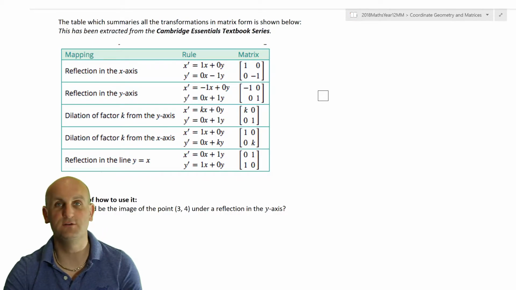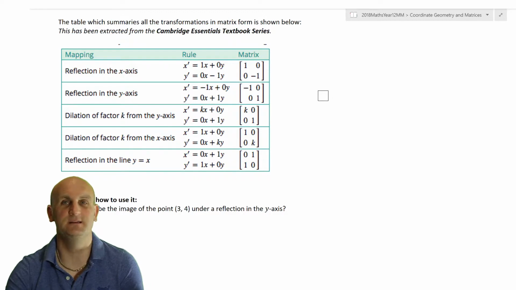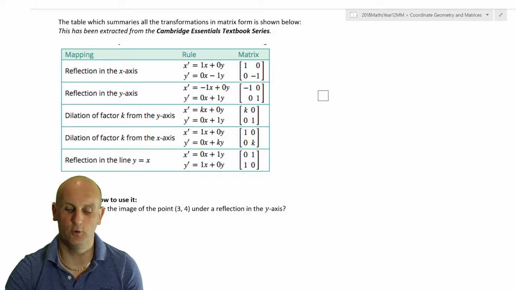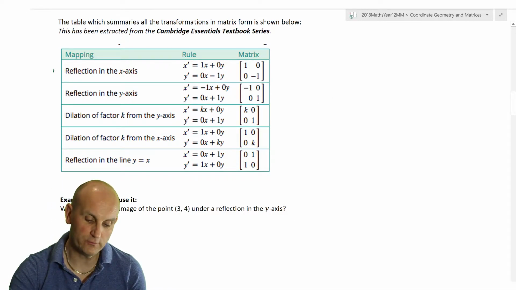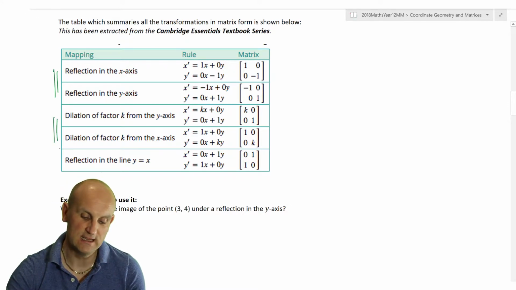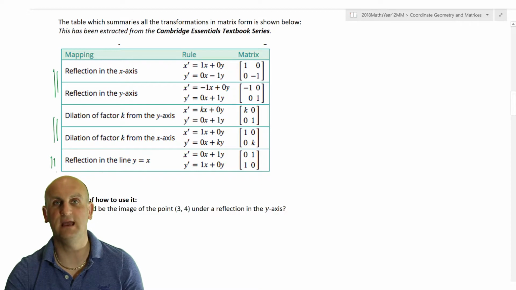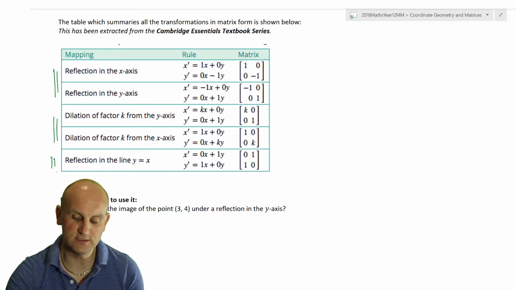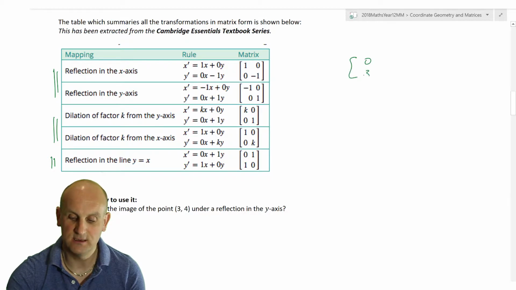Now, I've taken this from the Cambridge Essentials textbook because that's the textbook I'm teaching my kids from, and actually it's an awesome summary. It shows reflection in the x and y axis, a dilation from the x and y axis, and a reflection in the line y equals x. Something it doesn't show here is where we have translations. Now, translations are written actually as